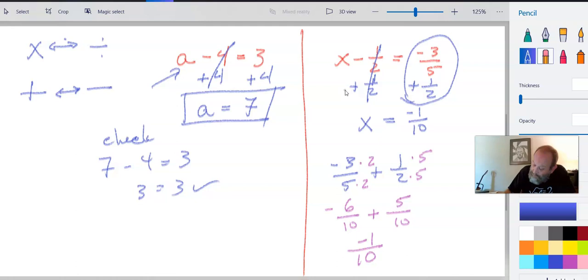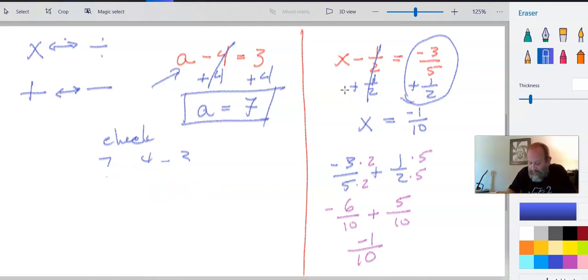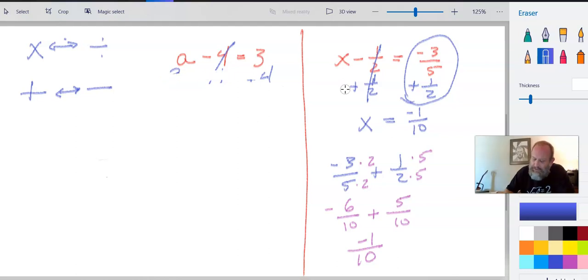Now, I'm going to need to make some room. We have to check our answer real quick. It's always a little tougher to check fractions just because they require a little bit more work to do the arithmetic. But it really is a good exercise. So let's see what we got here. So we say x minus 1/2 is negative 3/5. So let's put in negative 1/10 and see if it works. So it should be